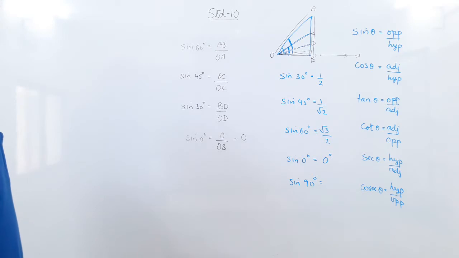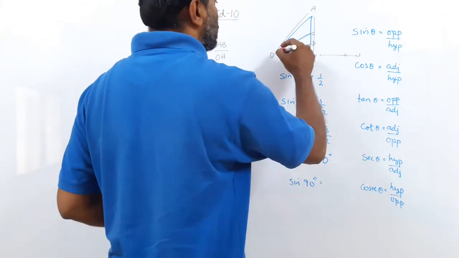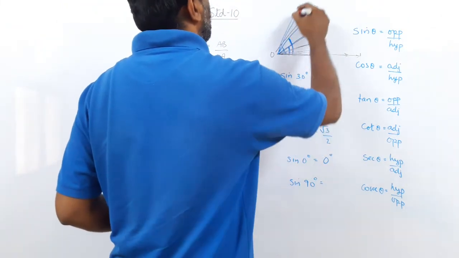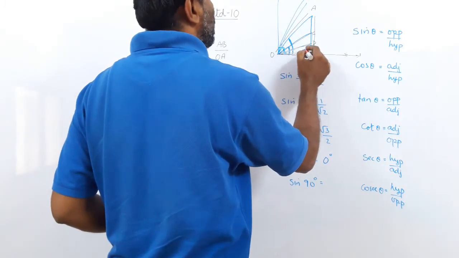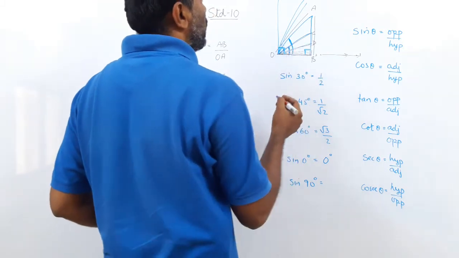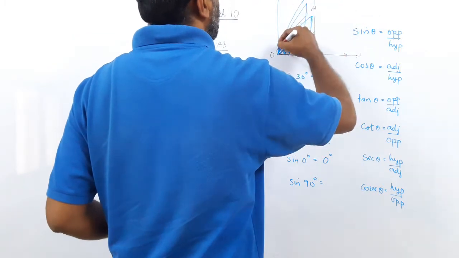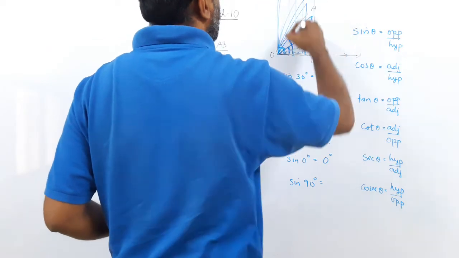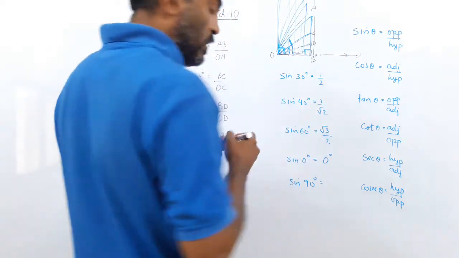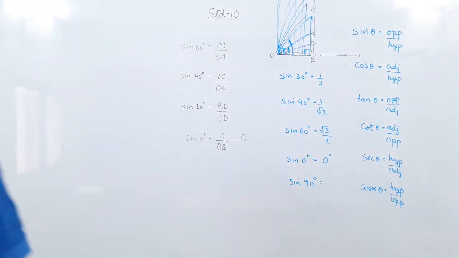Now what will happen to sine 90? What happens to sine 90 is exactly the opposite. You have to keep on increasing. After 60, make it 70, make it 80. Now this becomes 90. 90 is not possible, because if it becomes 90, then two right angles cannot make a triangle. But what you can see, as you make it bigger and bigger, the angle becomes so big that you reach where the opposite side equals the hypotenuse, the same altitude, and sine 90 will become 1.